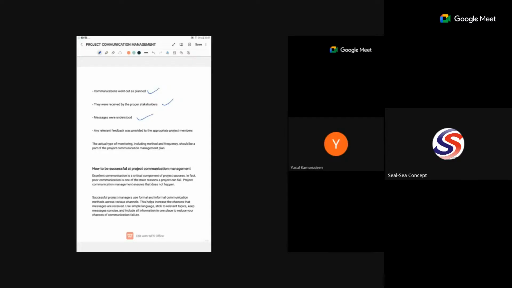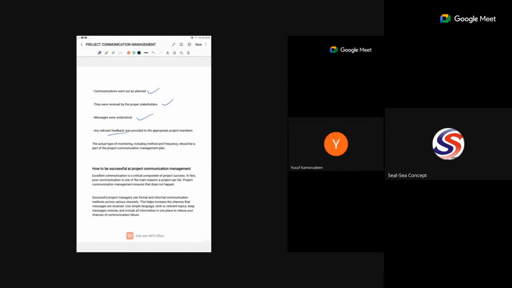This is where you actually track every relevant feedback that must be given to you. And there are some calls for actions in the feedback that you are getting, either from stakeholders or anything whatsoever. Because don't forget that communication is never complete without feedback. So there may be feedback, either they tell you okay, they tell you well done, they tell you right done, or they tell you this or that. There must be a complete